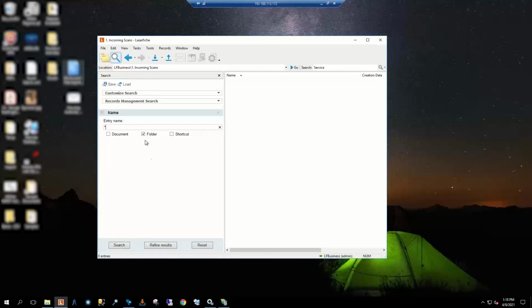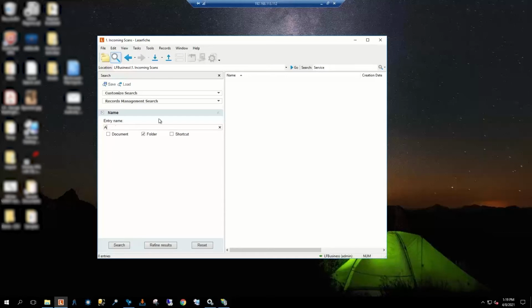Wildcard. That might be kind of small. It's an asterisk, so Shift 8. Shift 8 is your wildcard. If I were to hit search right now, it's going to come up with everything that has a name, because wildcard means everything. However, more commonly, what we would probably want to see is everything that starts